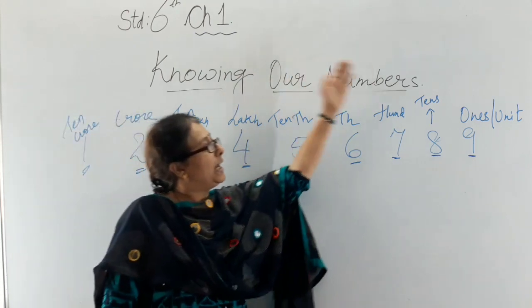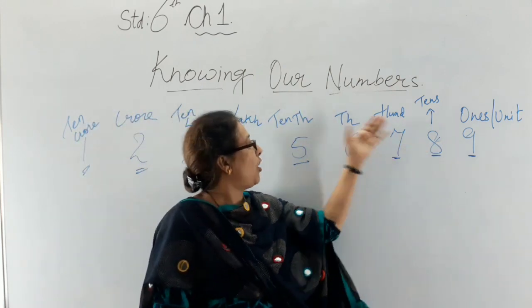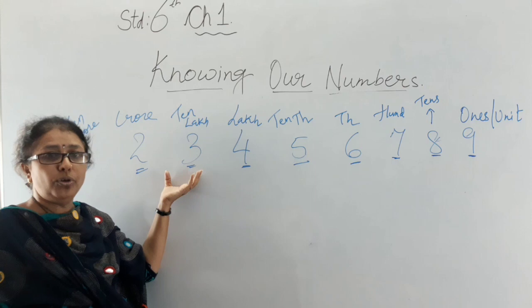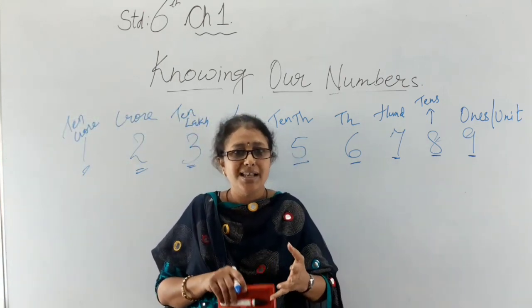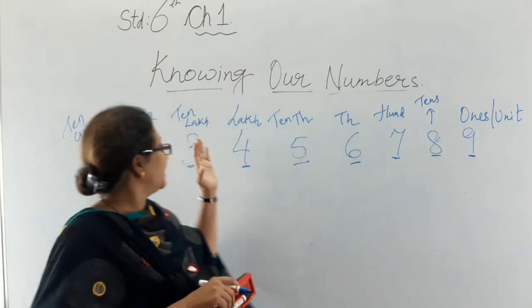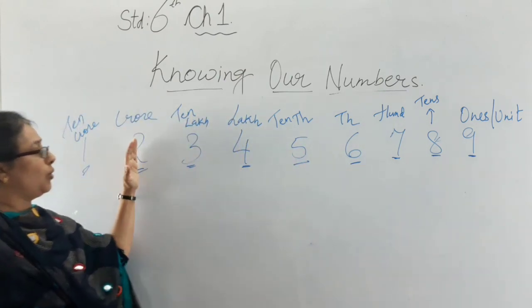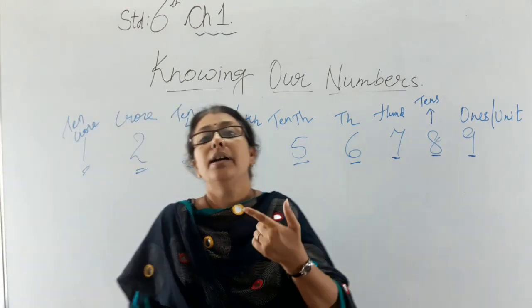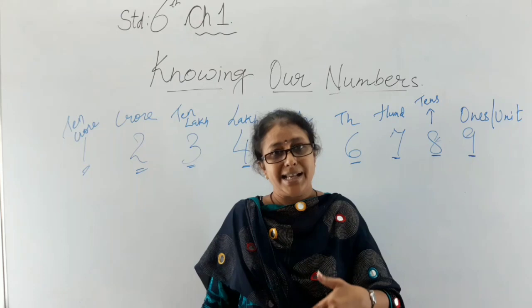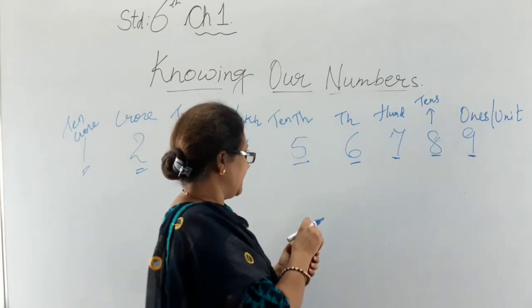So with the help of this chart I come to know the place of the number which I want to know. This is nothing but the Indian system, because in this Indian system after 10,000 we start with lakh, 10 lakh, crore and 10 crore. But now I'll be explaining you the international system and what the difference is. Okay students?